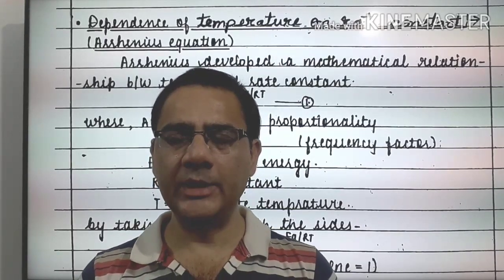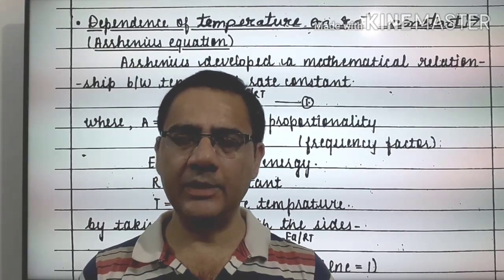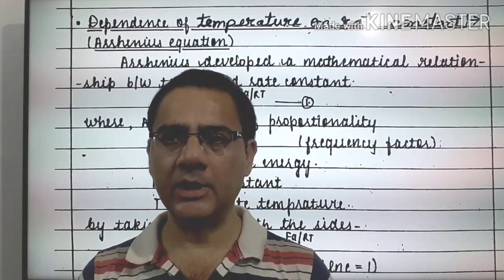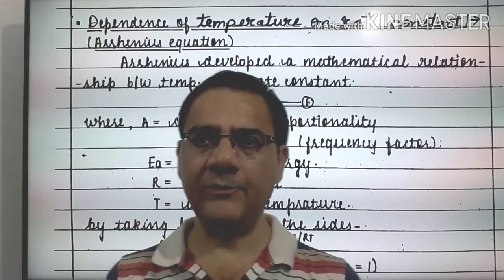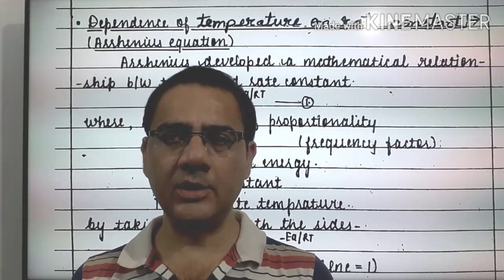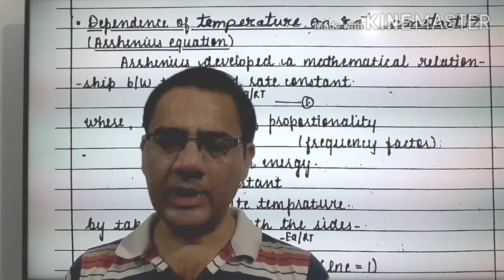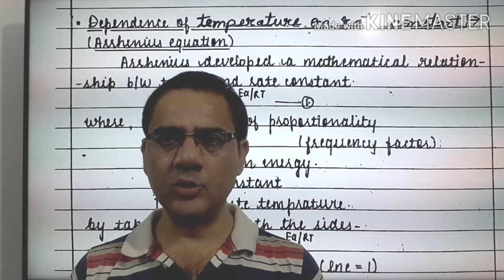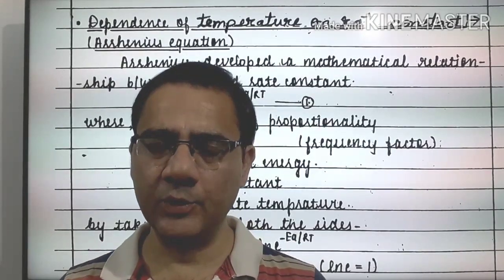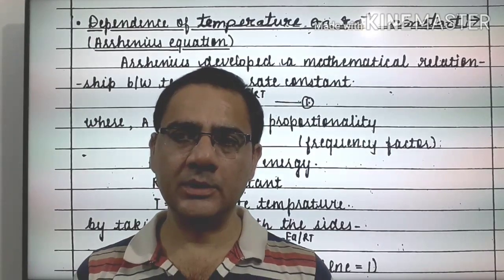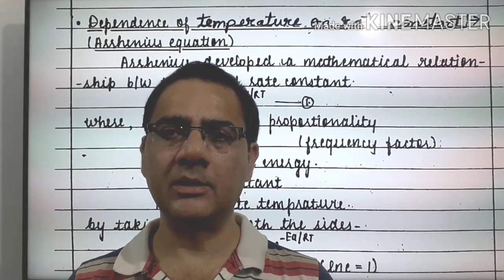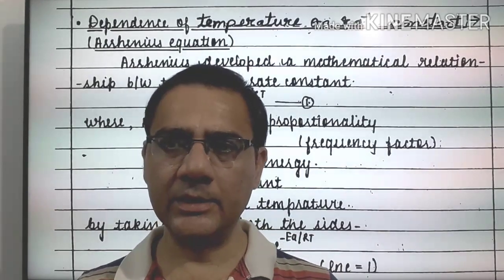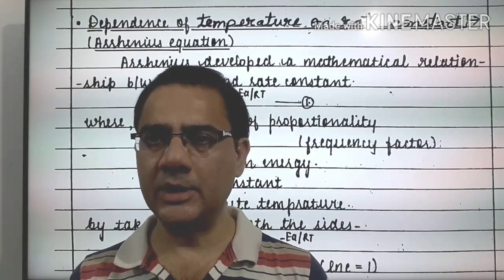One point, that is about concentration, we have already studied, and that is finished: effect of concentration on rate of reaction. Now I am taking another point, and that is the effect of temperature on rate constant or rate of reaction. So what is the effect of temperature? There was a scientist named Arrhenius. He did many experiments and finally proved that if the temperature of a reacting mixture is increased by 10 Kelvin, the value of the rate constant becomes double in most reactions and in some reactions nearly double.